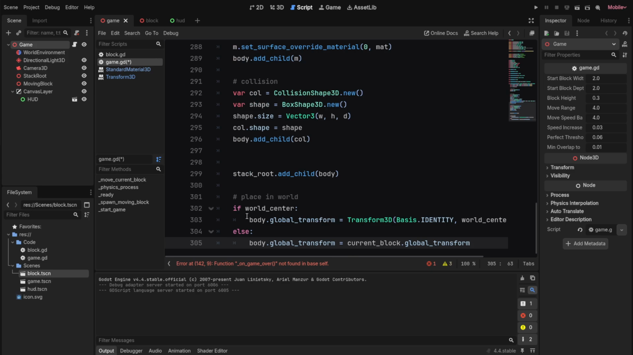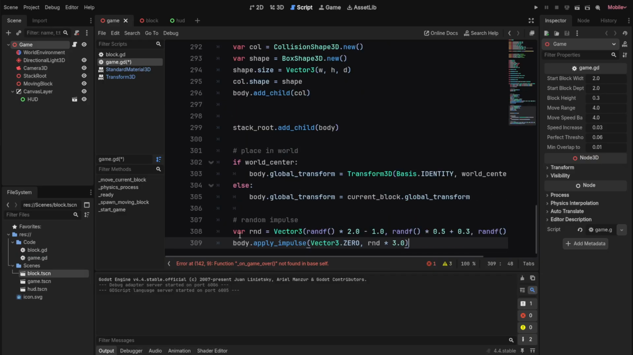We're gonna set the transform to the same trick, the identity, and set it onto the center. Also you're just gonna set it onto the global transform of the current block. Then we're gonna add a random impulse using RND, which is random float, RF, multiplied by 2.0, then minus 1.0, then random float again, and same thing. So we're getting a random Vector3,